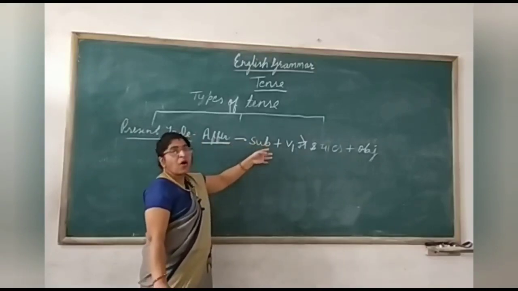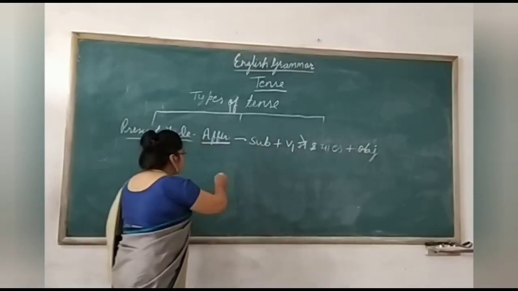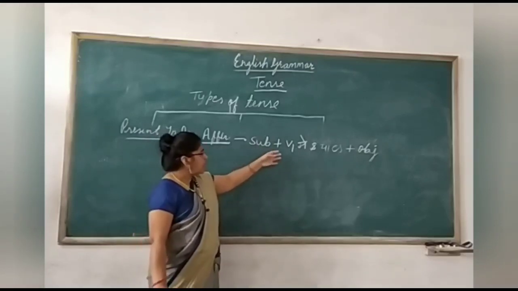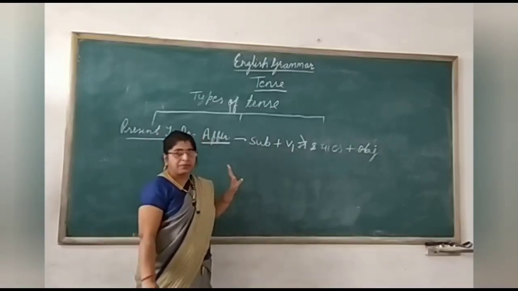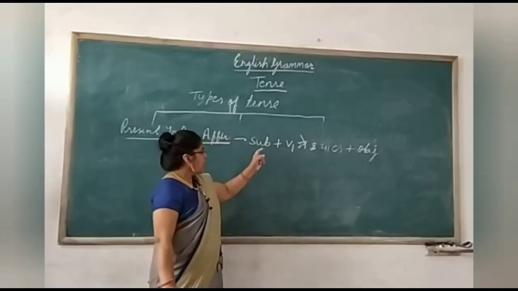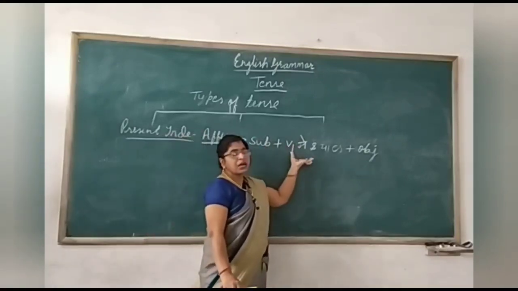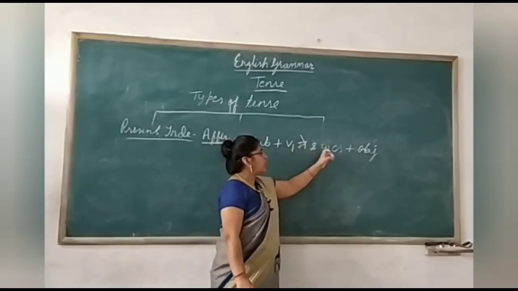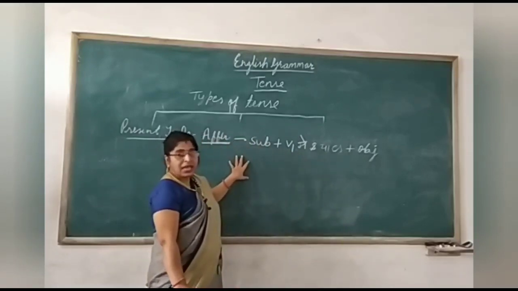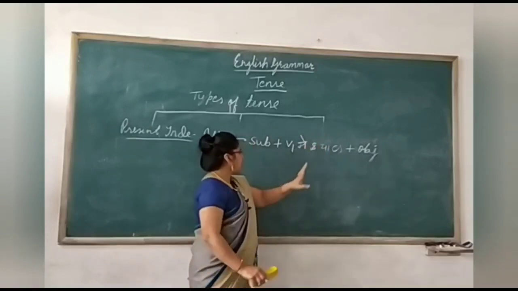Now let us form the sentence with the help of structure here. Subject. Subject means whatever the thing, either it be the noun or pronoun that you are writing before the verb, that is known as subject. So in the case of present indefinite children, you have to remember one thing. If you are taking singular subject, then whatever the verb you are selecting, you will add S or ES to the verb. And in the case of plural subject, the verb will remain in first form. I'll tell you with the example here.